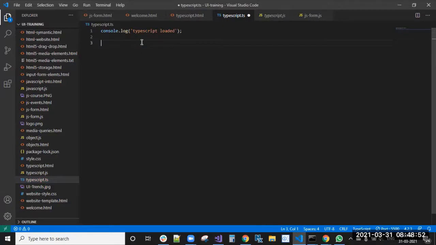Now, variable declarations. In TypeScript we also have data types: string, number, and similarly boolean. Let's see how we can declare a string in TypeScript along with the variable type.